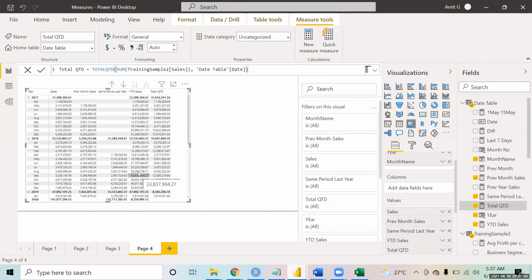Just a doubt, Amit. If I drag the QTD column to the values, why is it giving the count of QTD? Can you share your screen?